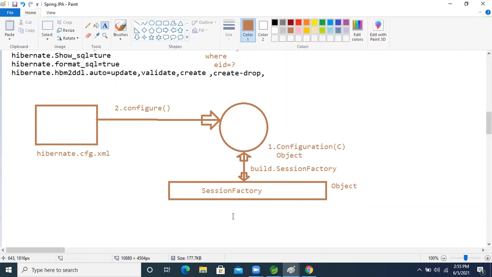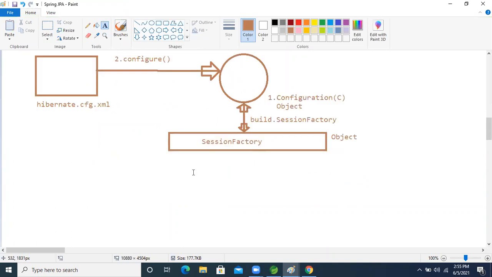Now, I have taken this information into the session factory. Using that, create one session object. In that session you have to perform all the operations, meaning you save the object, select the object, and delete the object. For that, our Hibernate will create one session object.